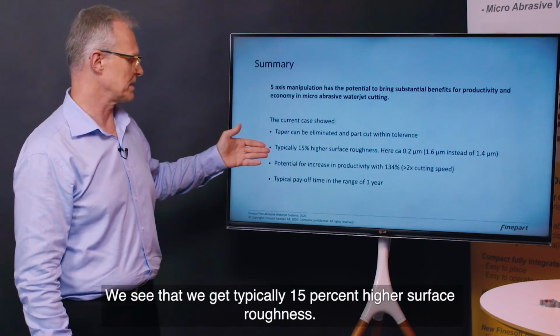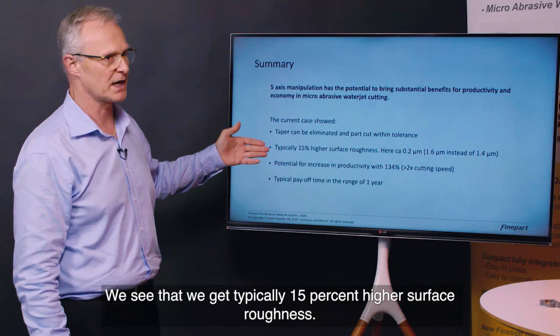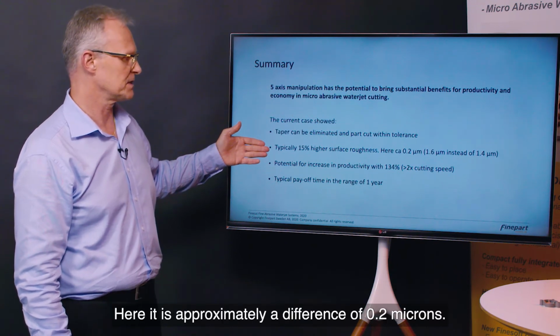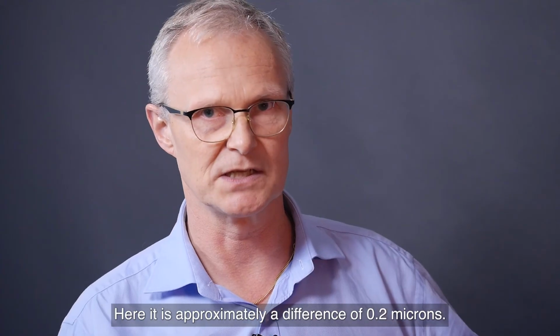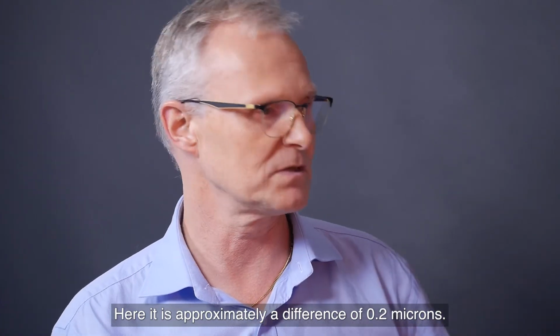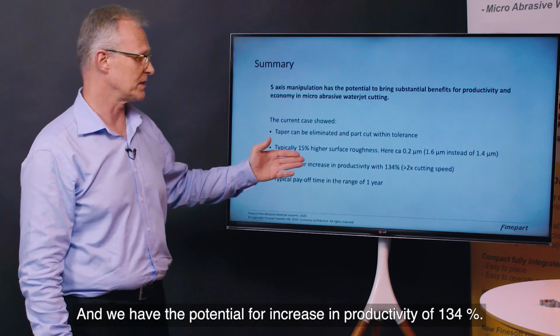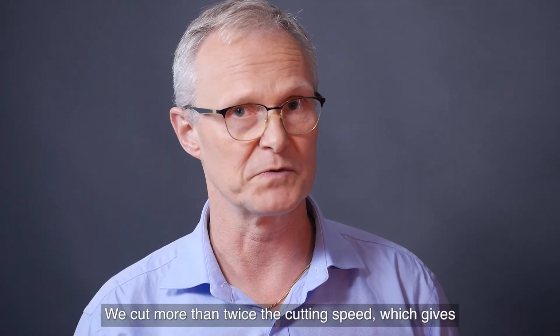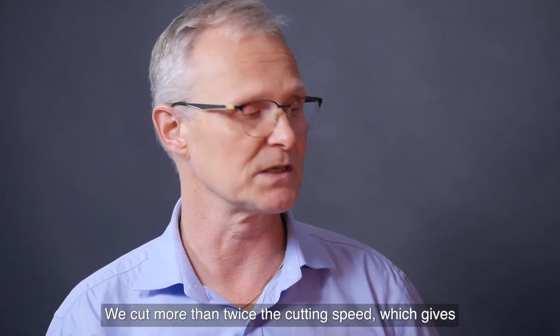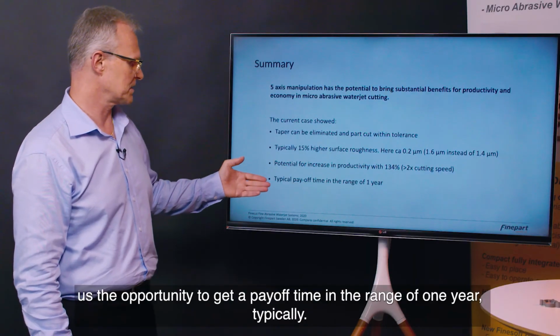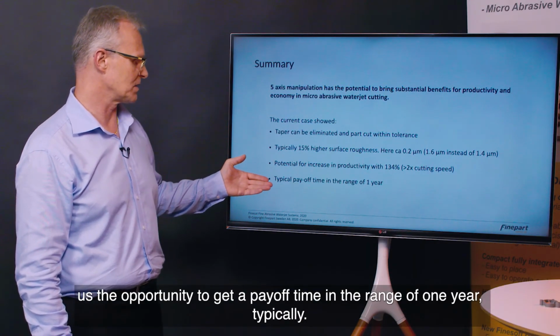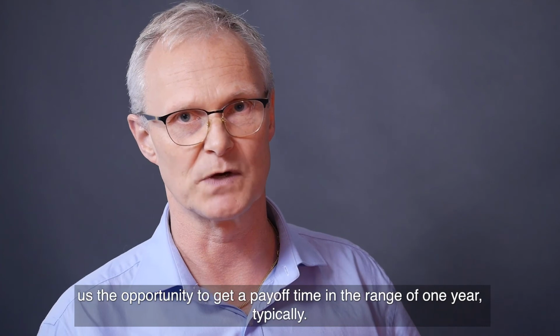We see that we get typically 15% higher surface roughness. Here it's approximately a difference of 0.2 microns. And we have the potential for increasing productivity by 134%. We cut at more than twice the cutting speed, which gives us the opportunity to get a payoff time in the range of 1 year,